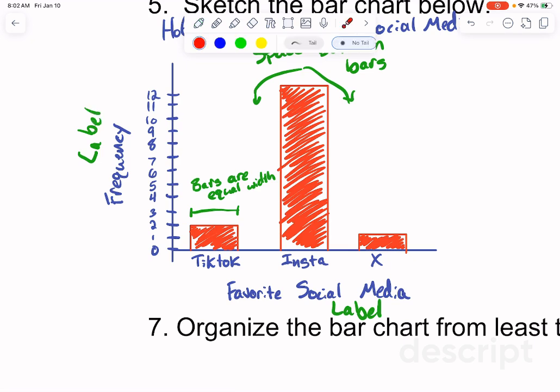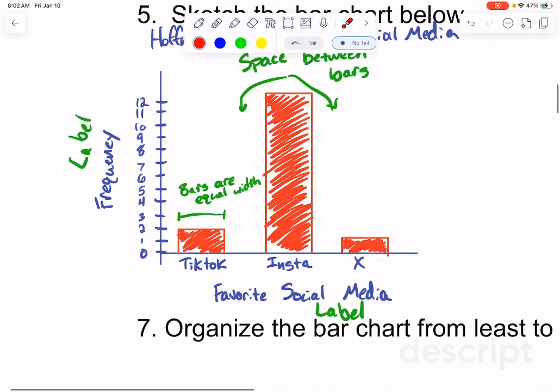So make your labels known, and actually you need 2 tiers of labels on a bar chart. You need to show me that this is your favorite social media answer to the variable here, so list the variable, and then you need each possible answer. You need to list out, okay, TikTok and Instagram and X and Pinterest or whatever else we might have going down the line here.